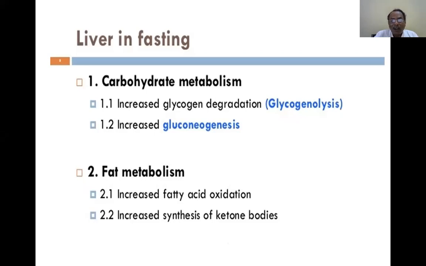And in odd-chain fatty acid degradation, that is the oxidation producing energy, the last piece of degradation is going to be propionic acid. This is beta oxidation. Every two carbons are broken down, hydrolyzed, and become acetyl-CoAs, and then they are utilized for energy.